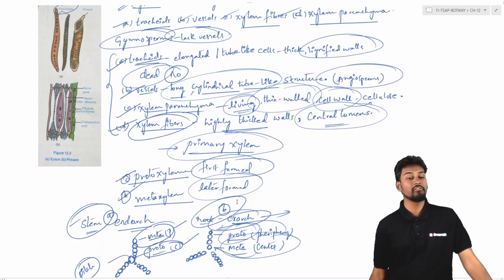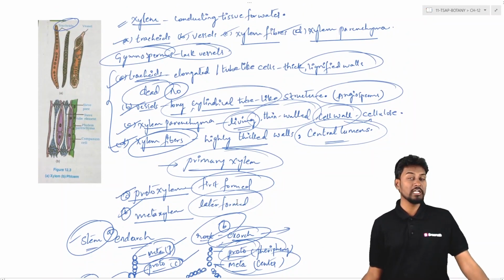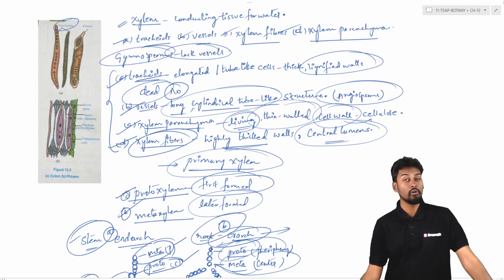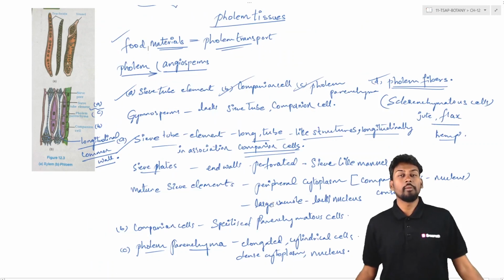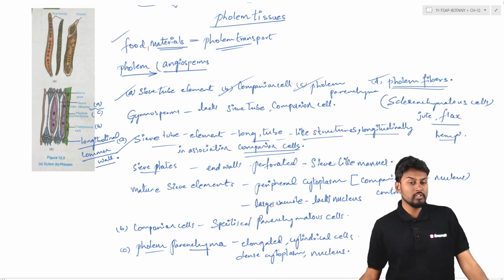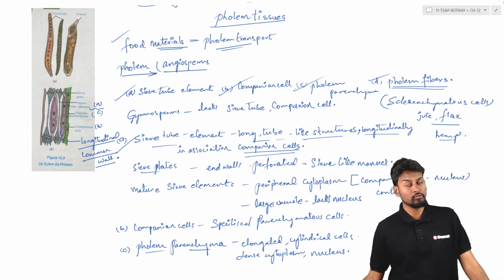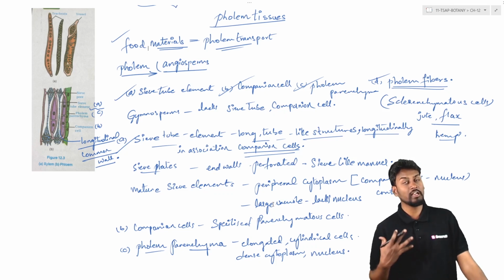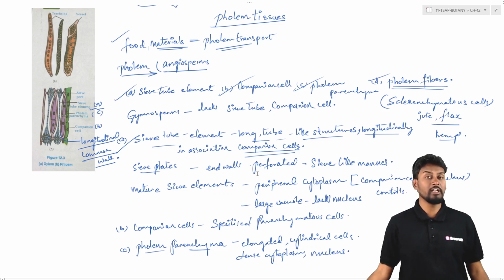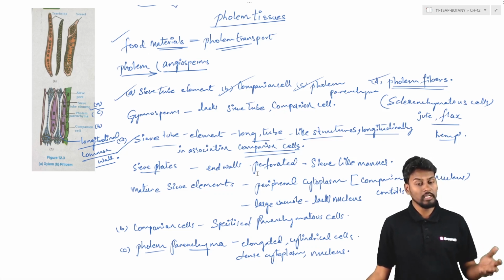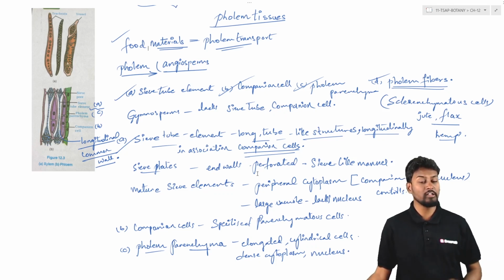Xylem is very important for the conductivity of water and minerals from the soil through the tissue to the various parts of the plant. Coming to the phloem tissue, it is involved in conducting the food material from one part to the other. Phloem transportation conducts the food material from the leaves to the other parts of the plant, where it can be utilized or stored for the next time. So the phloem tissue is involved in conducting the food material,